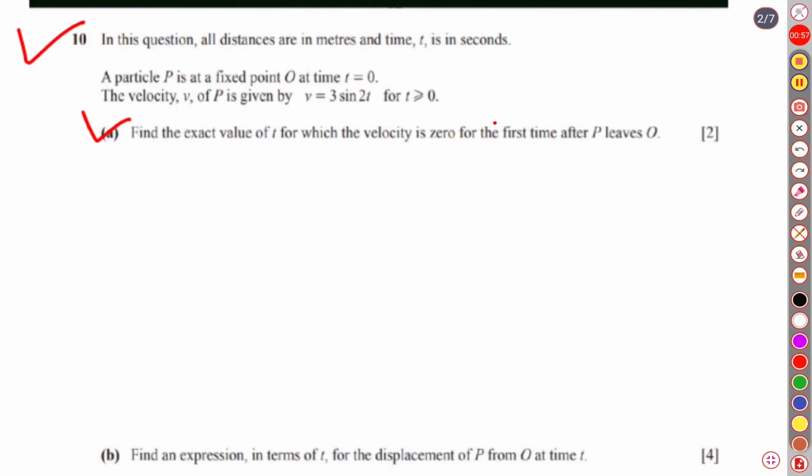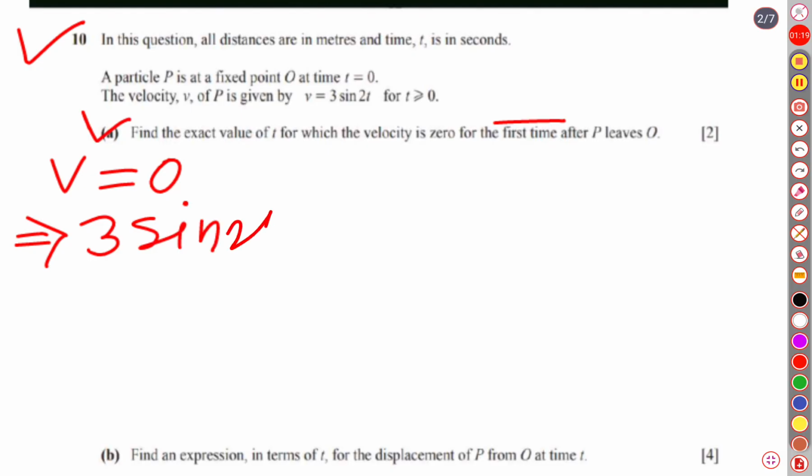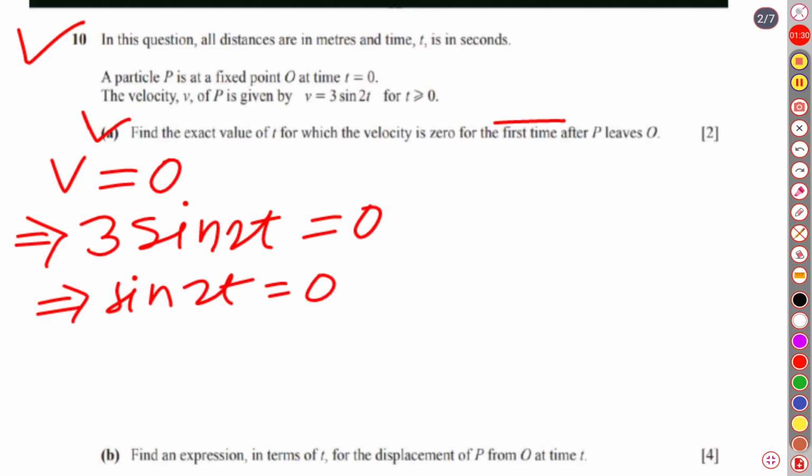That means these are our clue words: first time, not at the beginning. That means the second time. So we will find the second value of t. Let's write, they told velocity is 0, so v is equal to 0, and v is the function 3 sine 2t equal to 0, or sine 2t is equal to 0, or 2t is equal to